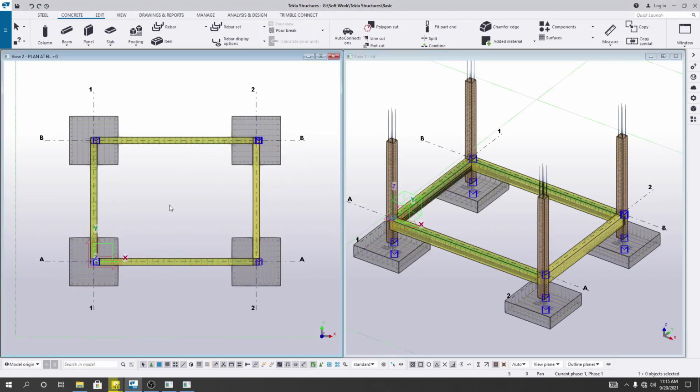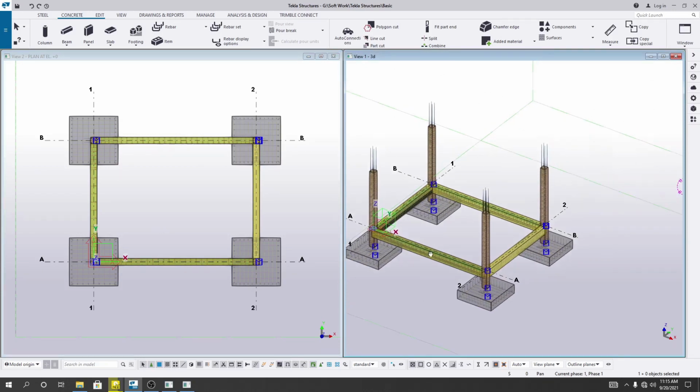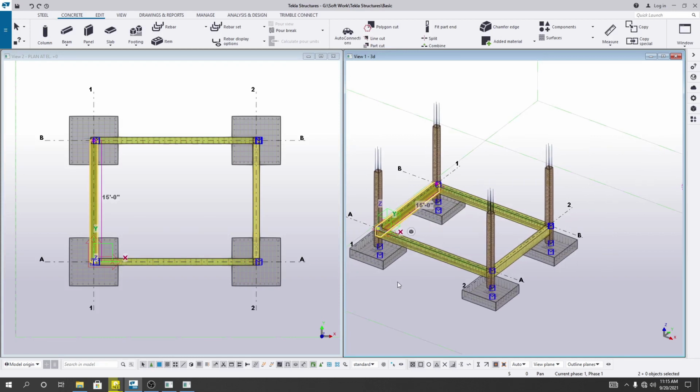I will copy that beam to the ground floor, first floor, or roof level. Okay, I'll copy that beam. So how will we copy that? Simply press Ctrl, copy all of that element, and it's better if you press